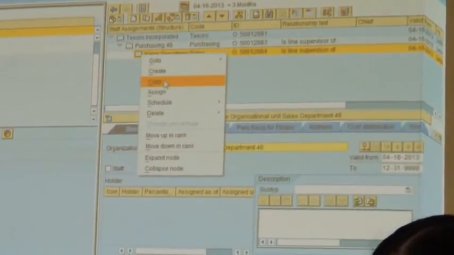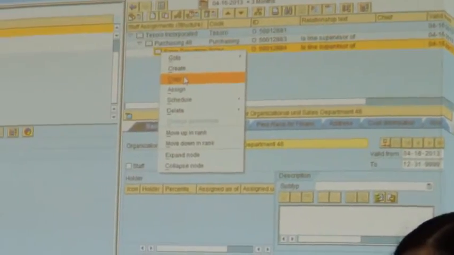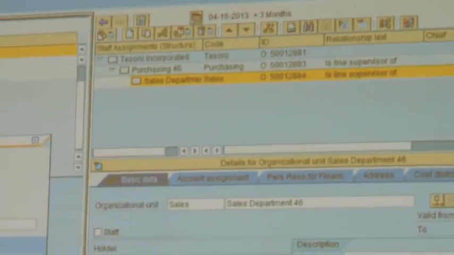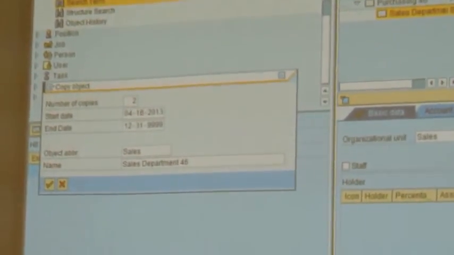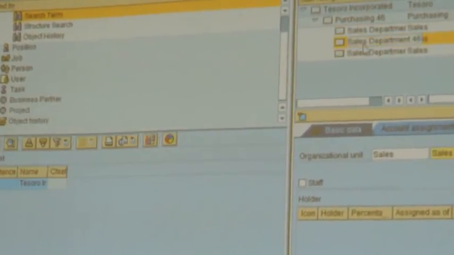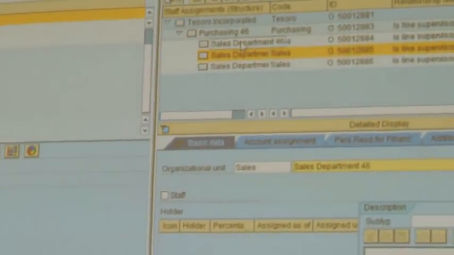I created one department subunit. Now I'm going to copy this department in order to create the other 2 departments. So right click and use the function called copy, and a window pops up asking for the number of copies. I'm going to say I need 2 copies and enter it. Now you see there are 2 sales departments copied from the original sales.